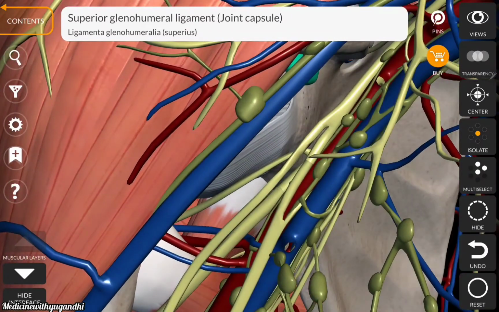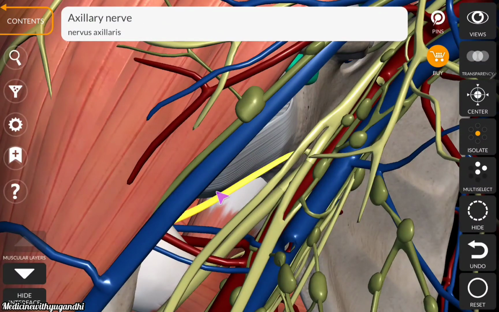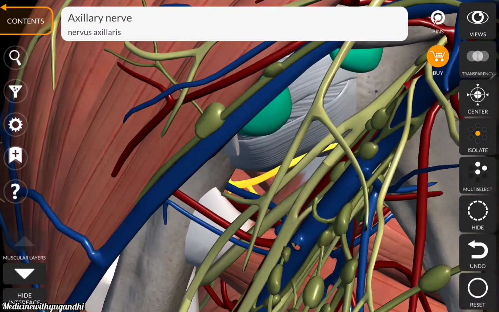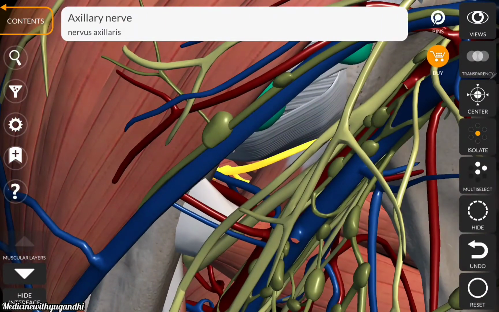Coming back to the topic proper, this axillary nerve is closely related to the joint capsule. After winding through the lower border of the subscapularis muscle, it enters the quadrangular space. Here you could see this is the anterior view of the quadrangular space,